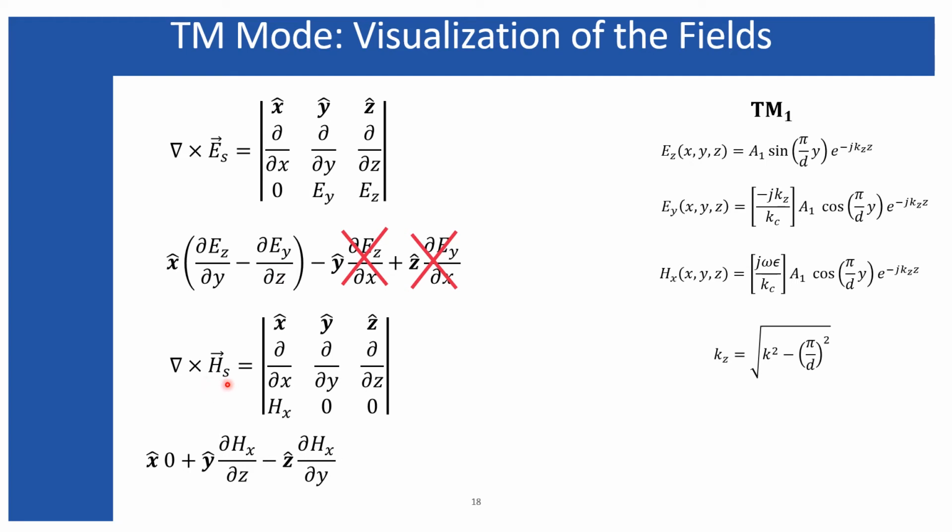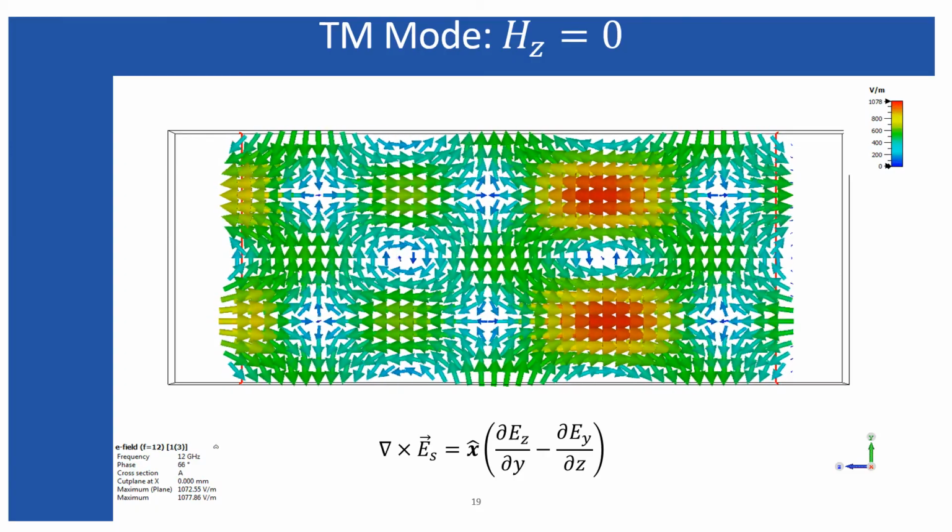Similarly, for the magnetic field, since it has only one component, the x component, that defines this expression. For the magnetic field, we are going to observe that the Hx component varies with respect to z as it propagates along z. Similarly, the Hx component also varies with respect to y, and accordingly it also propagates towards z. So let's see how our statement agrees with our findings in this expression. This is the visualization of the electric field.